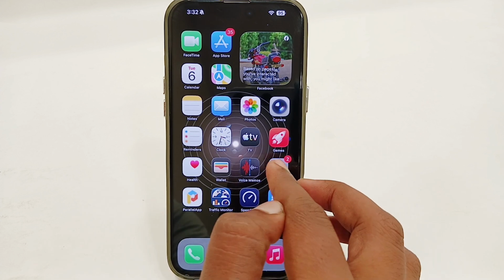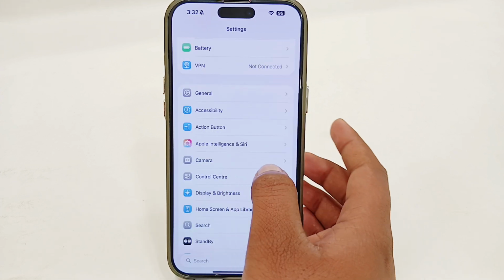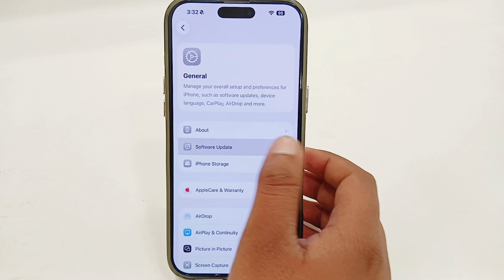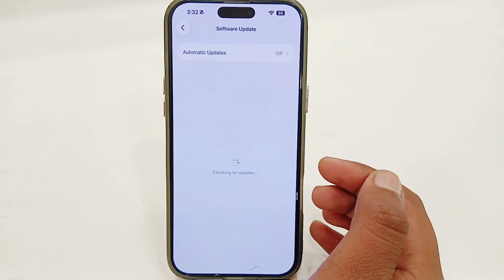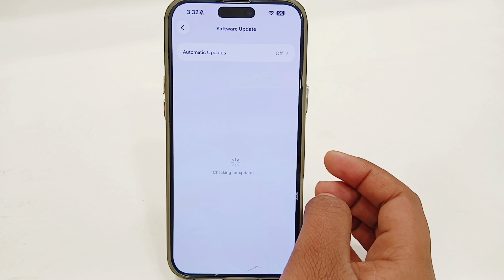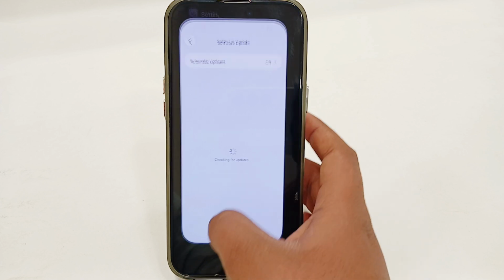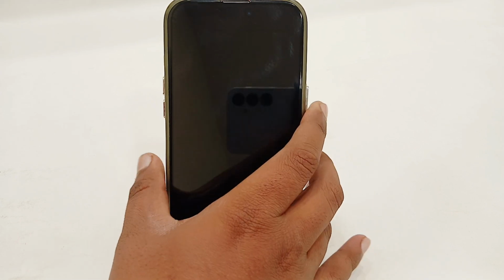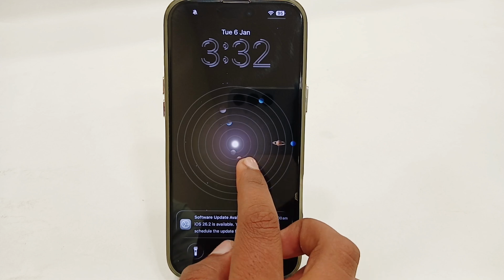Very first, you just have to open your settings app. In settings, just tap on general and then tap on software update, and you just have to try to update your software. If you find any kind of pending software update, try to update your software. Then go back from here, go to lock screen, and here just keep a long press on your lock screen